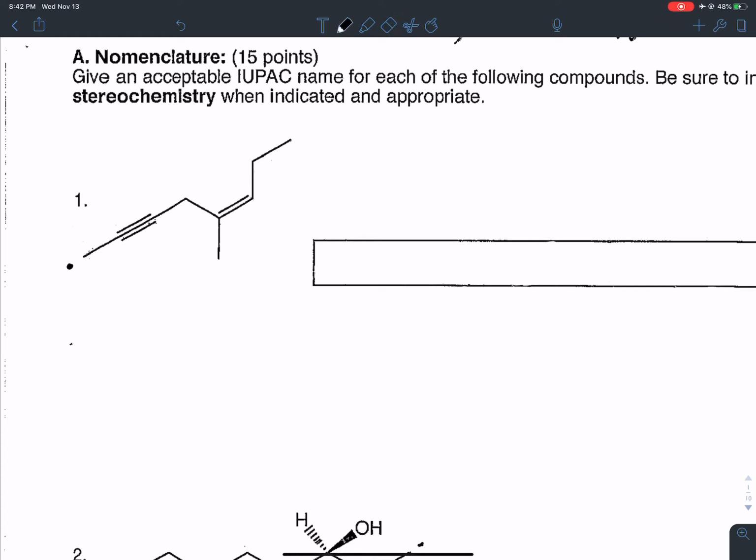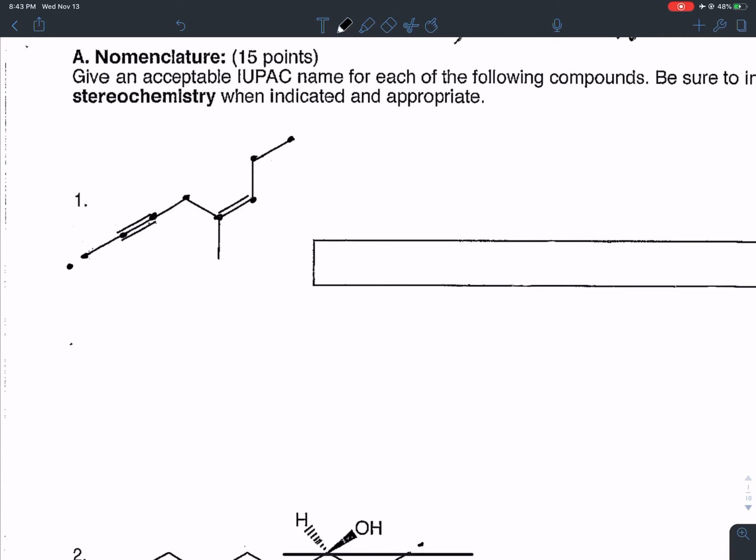Let's count how many carbons are in our longest chain that contains all of those bonds. So we have 1, 2, 3, 4, 5. We're definitely not going to go down here. 6, 7, 8, right? So we have 8 carbons. So it's going to be,